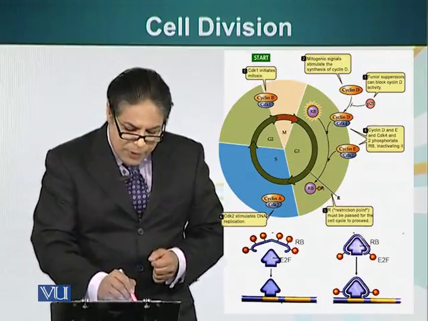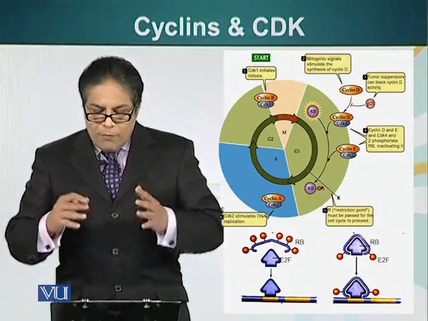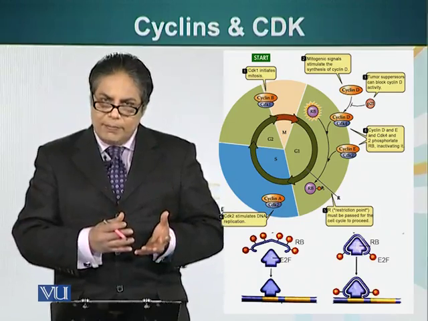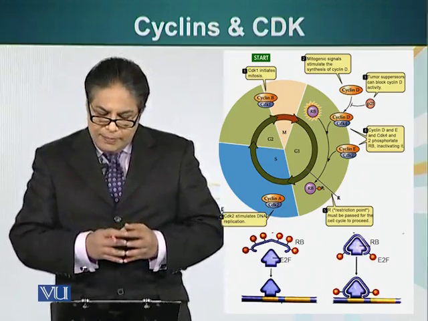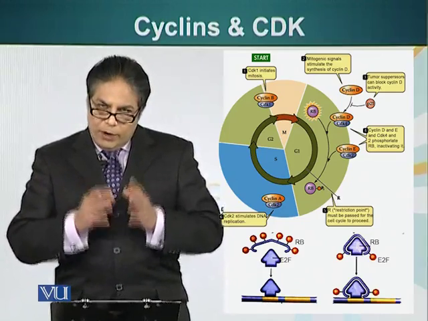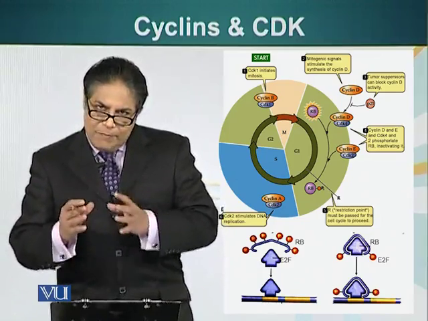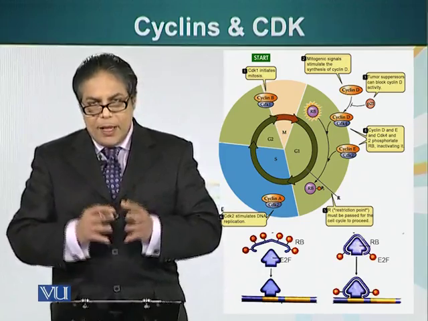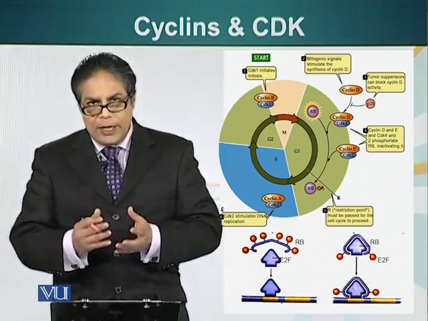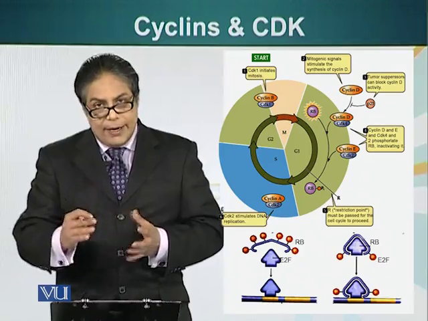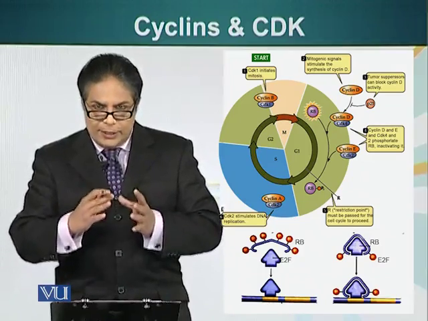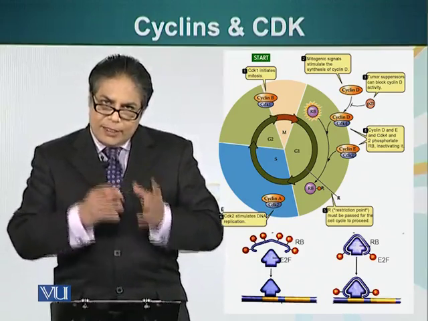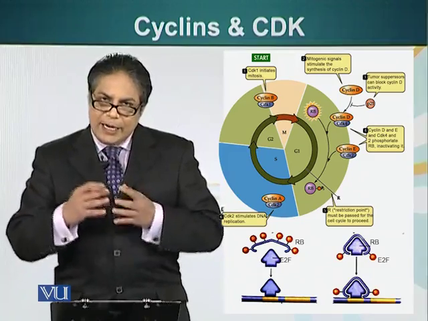So let's look at some of the parameters of this process. First of all, as I mentioned, cells don't divide just because nutrition is available. They have to divide in response to a signal. When cells are in G1 or gap 1, if the cells have received a signal to divide, they will make special proteins. These types of proteins are called cyclin proteins because they are made and then degraded after a particular stage in the cell cycle is over. These cyclin proteins interact with another type of protein called cyclin dependent kinase.